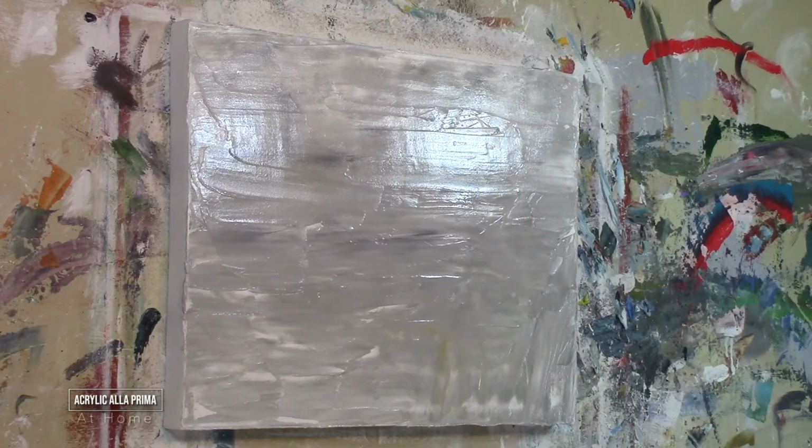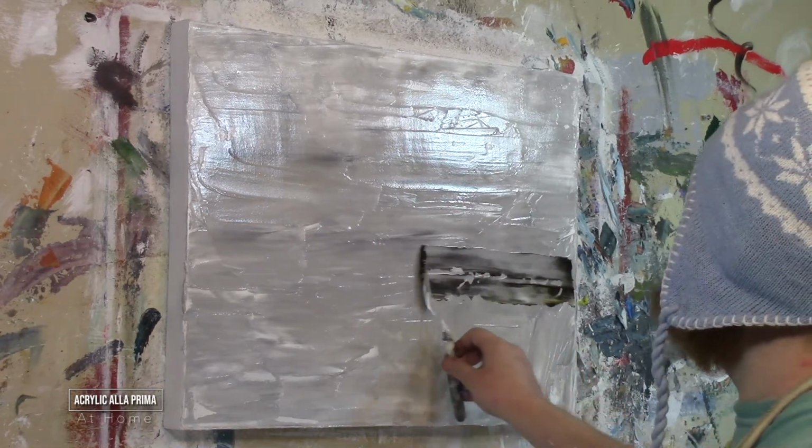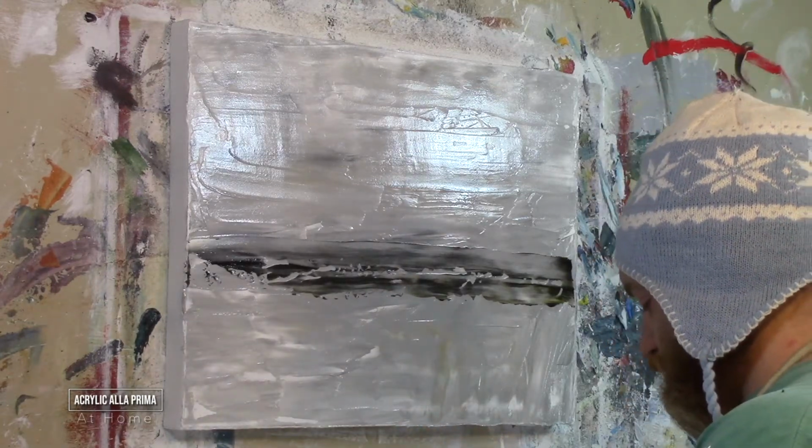Okay, so this isn't quite dark enough. I'm going to just keep on going. So I'm now going to add more yellow ochre. A little more black. And a little bit more of the transparent orange iron oxide. And instead of mixing them into white, I am going to go straight from the tap here. Ready? And I could just...